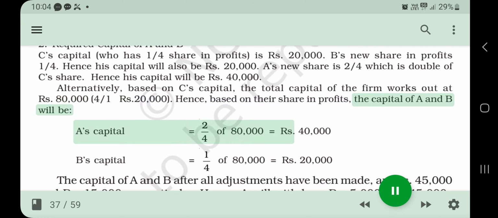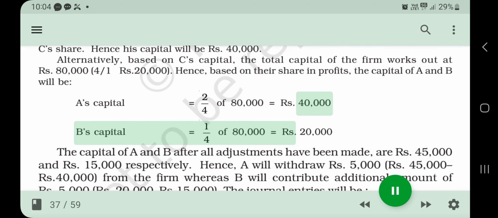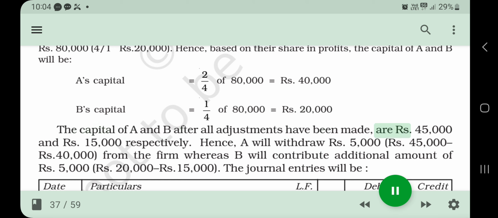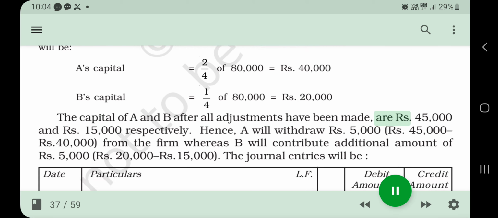Hence, based on their share in profits, the capital of A and B will be: A's capital equals 2/4 of 80,000 equals Rs 40,000. B's capital equals 1/4 of 80,000 equals Rs 20,000. The capital of A and B after all adjustments have been made are Rs